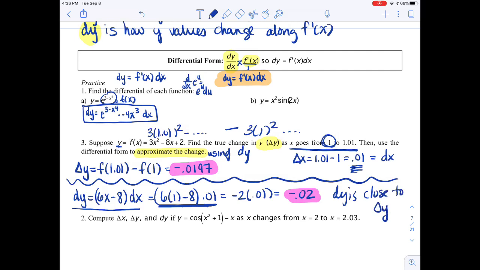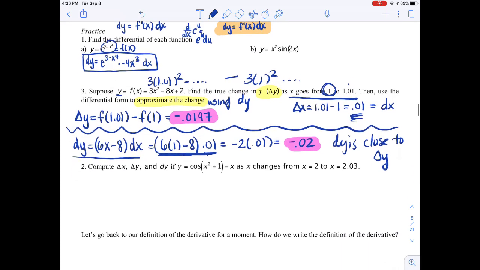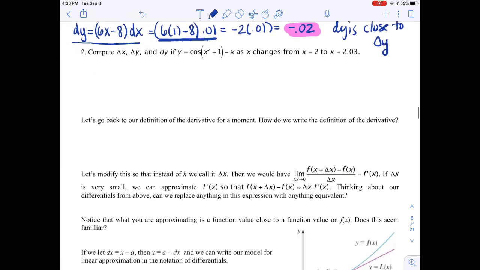Okay, and basically why is that? That's because 1 and 1.01 are pretty close to each other. But again, you're using differentials to do an approximation. Okay, so